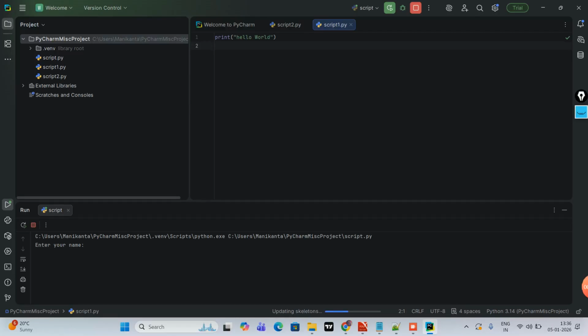You know why it is asking to enter your name? The reason is before this installation I already installed and uninstalled it, and in my previous project I did something where it was asking to enter your name, so it is taking things from the previous project. So what I can do, I can click on here and select current file. You got the point? From the drop down I can select current file. Remember, this should always be current file. Okay,